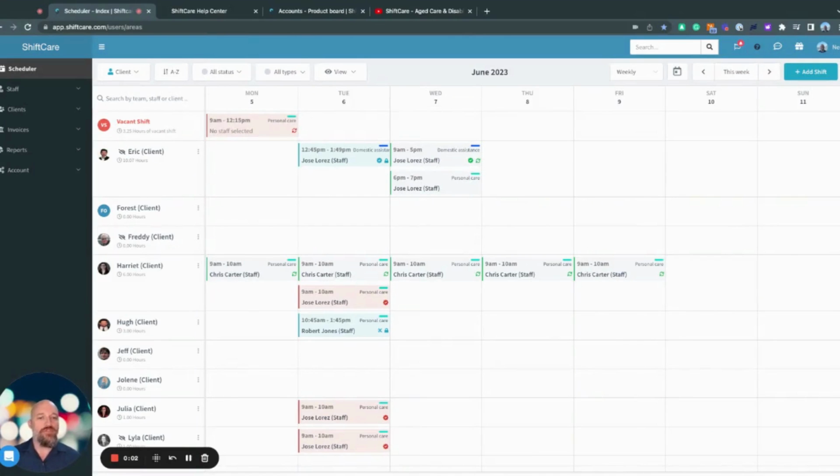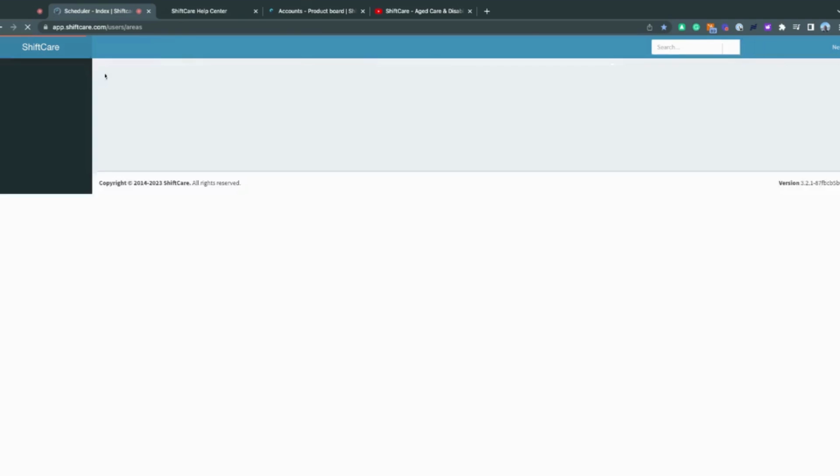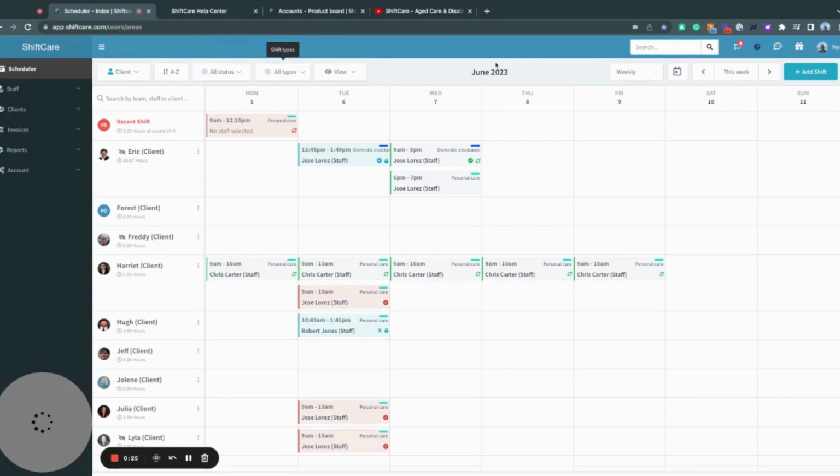One of the main features of Shift Care is our really powerful scheduling or rostering platform. I'm going to run through some of the functionality of that platform now, and we're going to start with the filtering methods for the roster. So in the scheduler page, I have the filtering options across the top here, and also some filtering options down